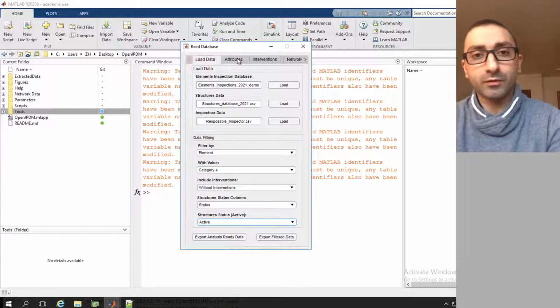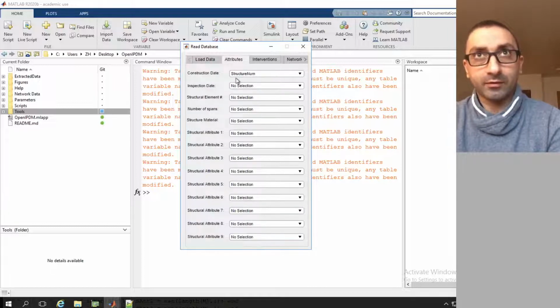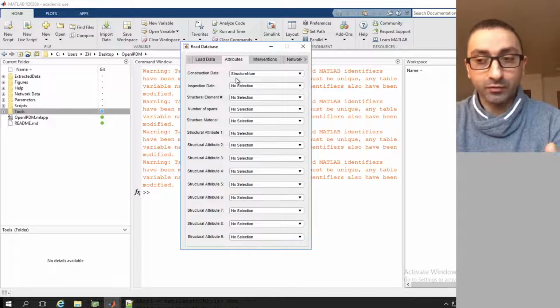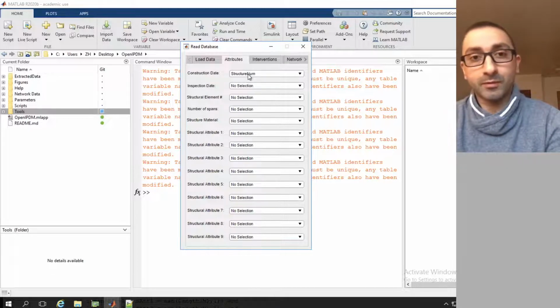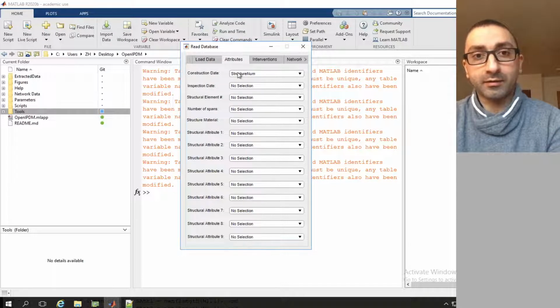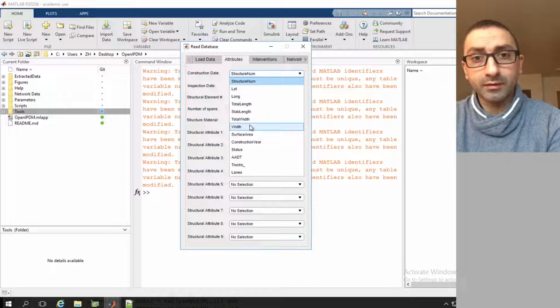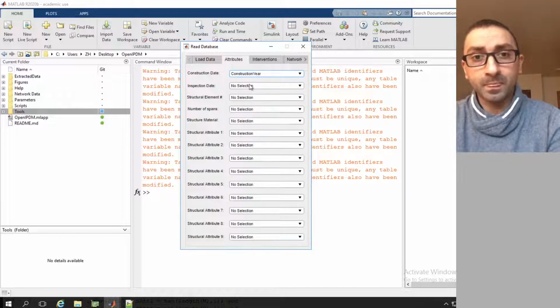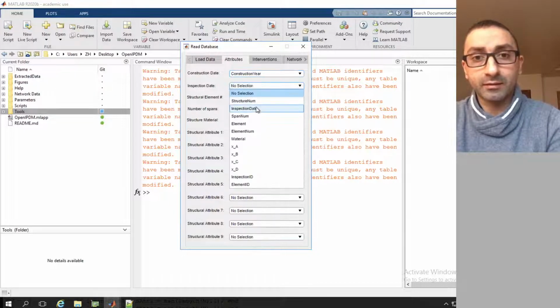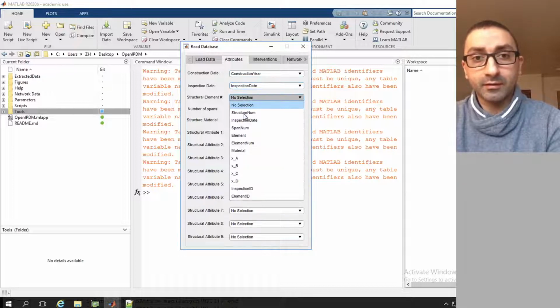We move on to the next tab, which is the attributes. So the software has the files loaded, has the columns that we've imported, but it doesn't know what each column means, for the most part. So we need to assign the meaning of each column. So that's what we're going to do in the attributes. So we have, for example, the construction date. We click on the sliding menu and we select the construction year. We have the inspection date. We select the inspection date here, the structural element number,